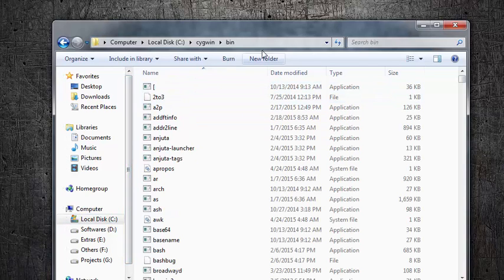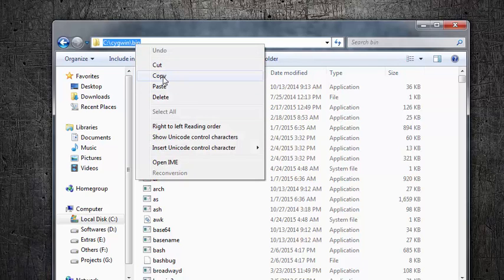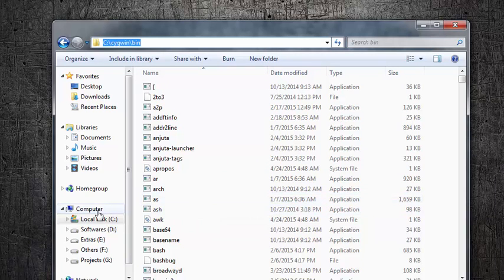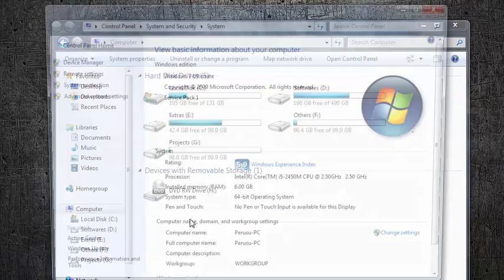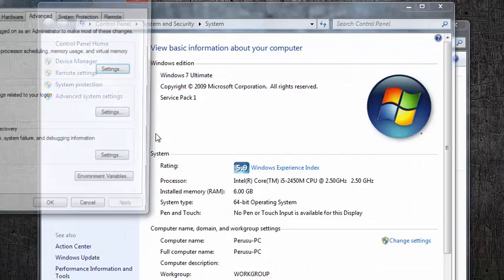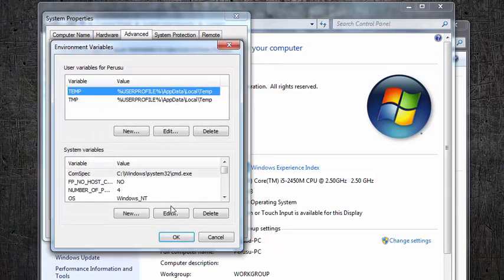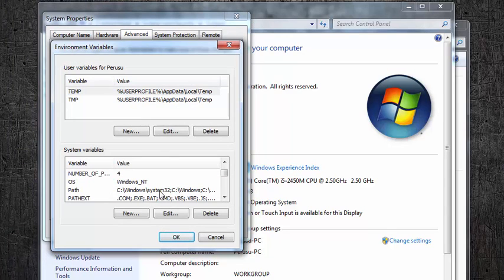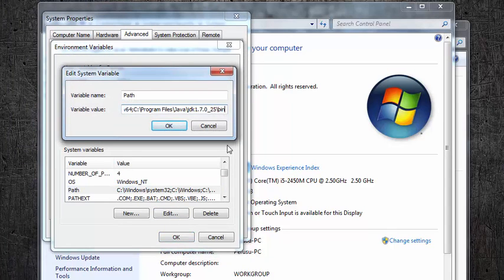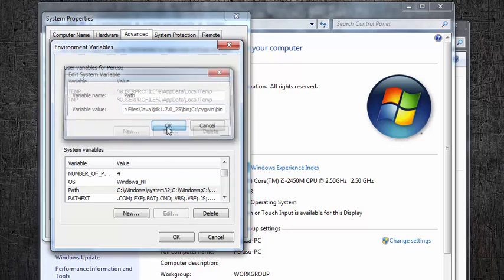Go to this bin. As with Java, we have to create environment variables for this Cygwin also. Only then NetBeans can recognize this folder. Paste the directory. Before that, make a semicolon, click OK.